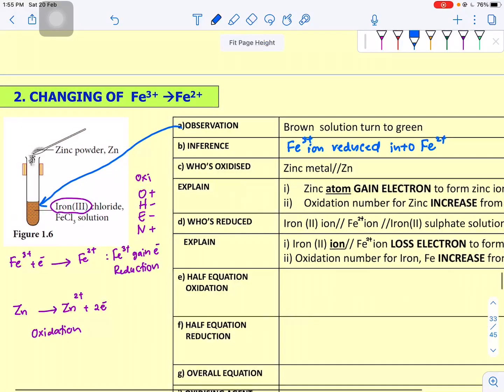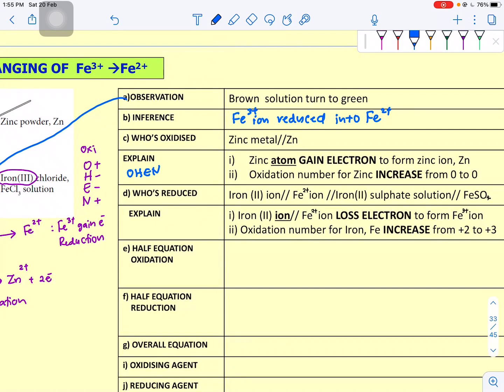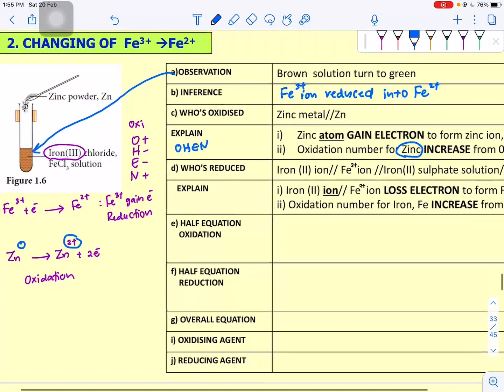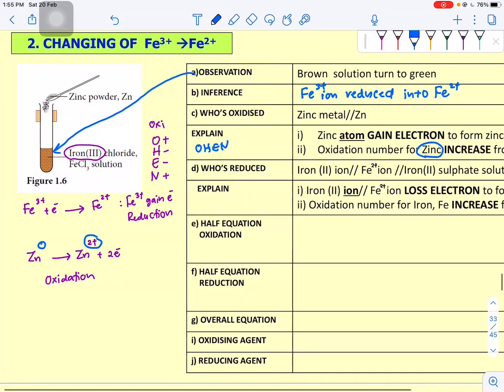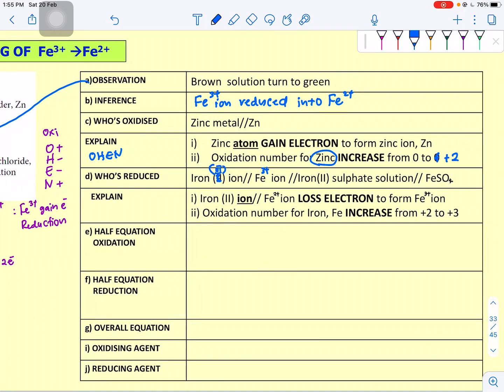Okay. Who is oxidized? Just now kita dah decide. Zinc metal. Explain pakai O-hand. Because zinc atom gain electron. Or you boleh sebut pasal oxidation number for zinc increase from 0 to positive 2. 0 to positive 2. Who is reduced? Who undergo reduction? The answer is iron. There's mistake here. It is iron 3 ion. Fe3 plus. Or it is iron 3